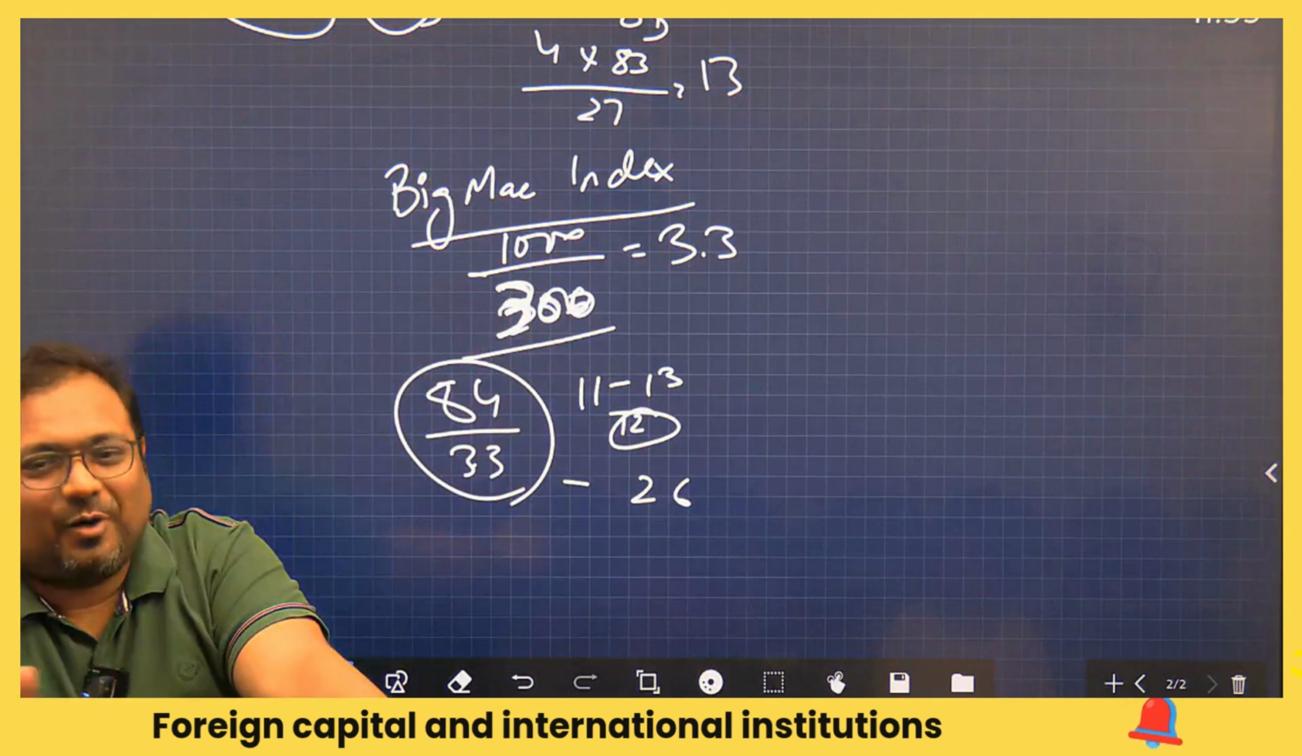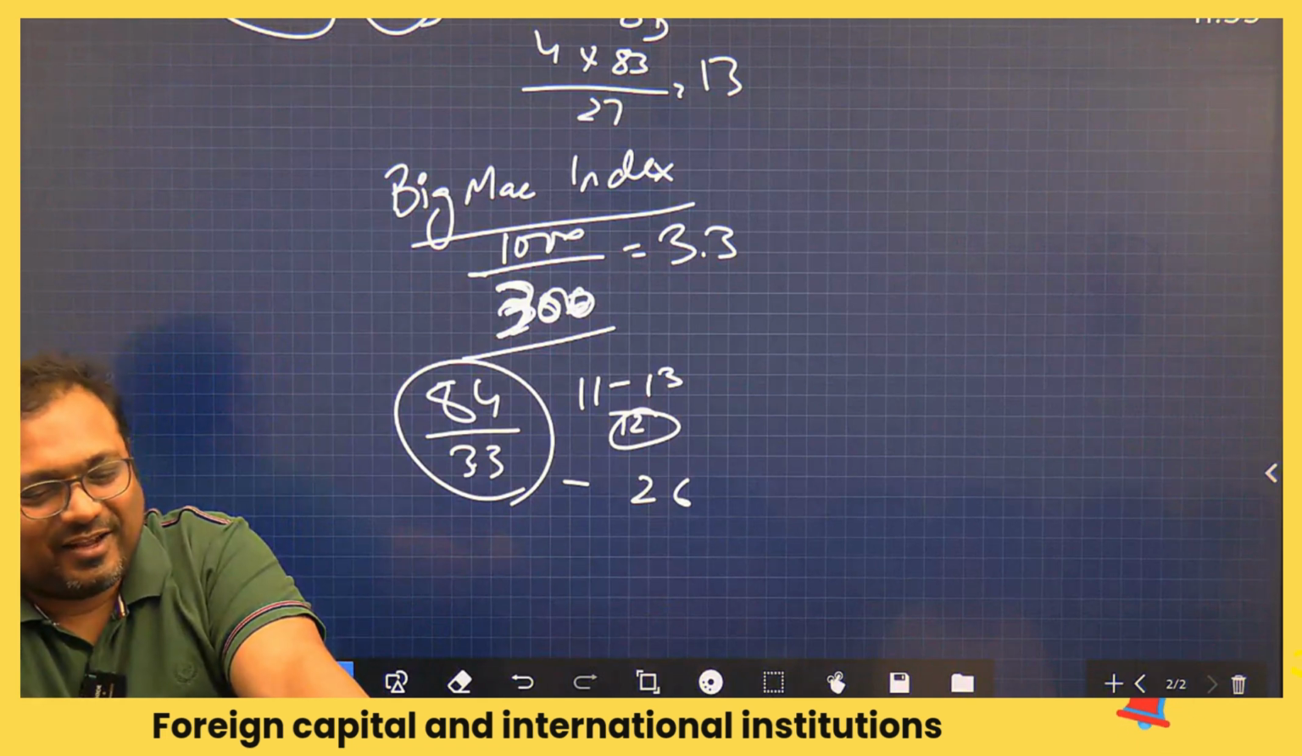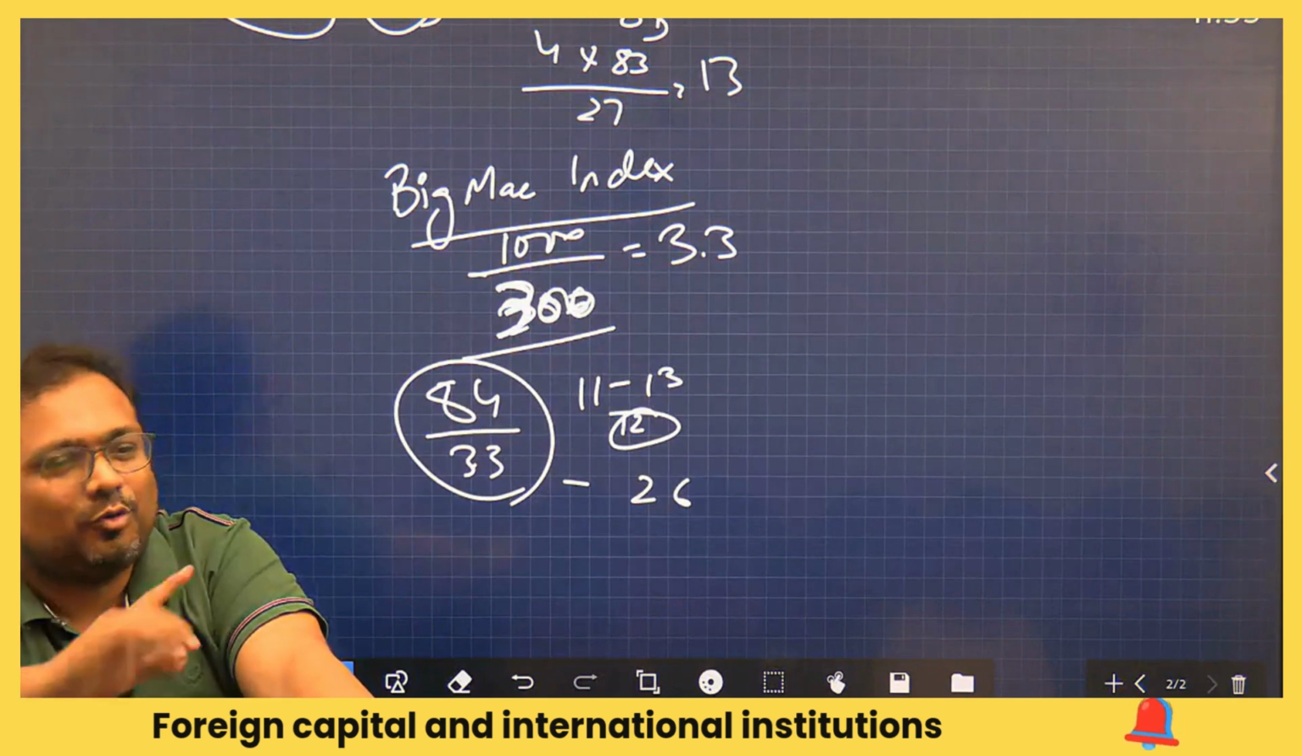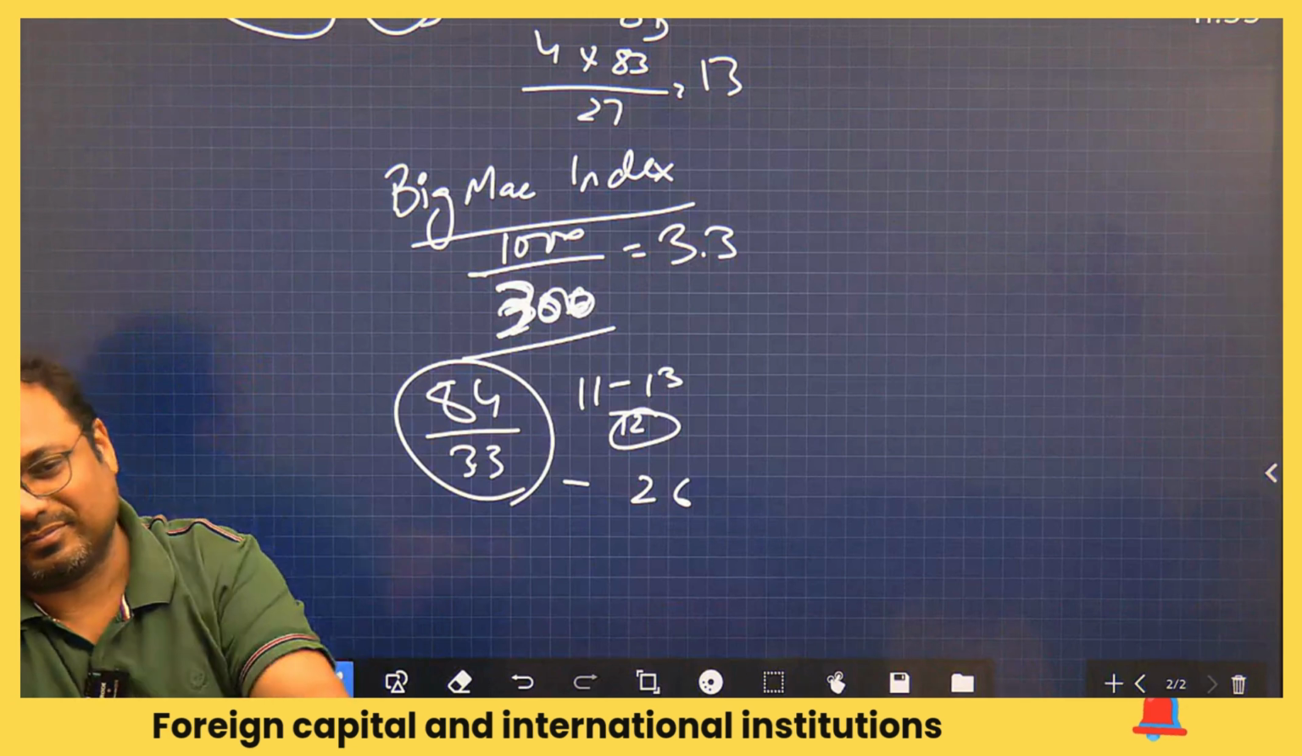ये काम कैसे करता है? How surprisingly does it work? ऐसा क्या है Big Mac burger में कि आप और कोई product, no other product. People have tried with hundreds of products, doesn't work. Only the Big Mac burger works. I think why this is working